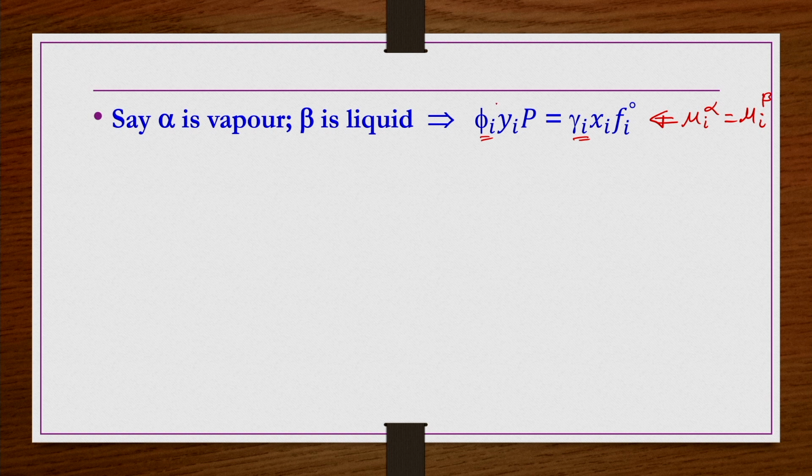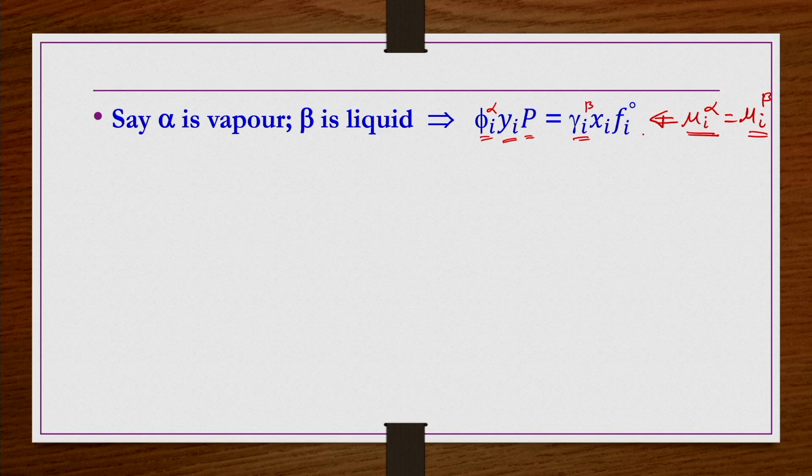So, if you want, you can have a kind of alpha here for phi I alpha, and then gamma I, you can have a kind of beta like this for indication. So, now whatever the mu I alpha is there, that is related to the composition, its temperature, pressure, and then phi is anyway obviously a function of temperature, pressure and then composition, that we are going to find out, right. And then similarly for the liquid phase, that is beta phase.